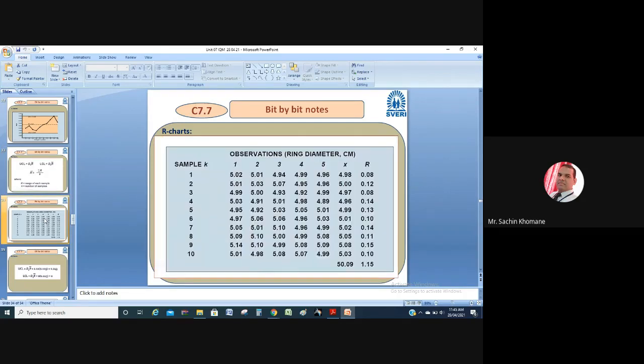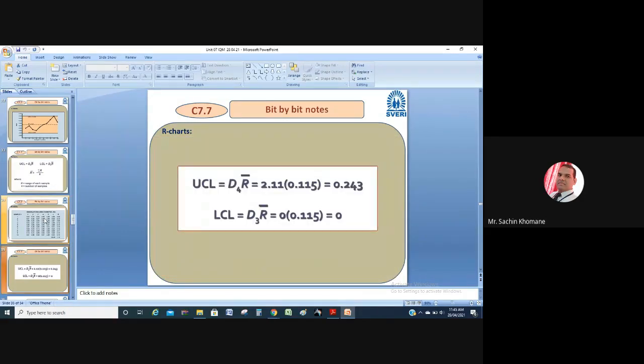Now, recently we have calculated, the same example we will take. Okay, so we'll save the time. Already you people have noted the values. Okay, all samples, all readings are with you, even though you have calculated the X bar also and range also. Okay, so values are with you. Now, how to calculate UCL?